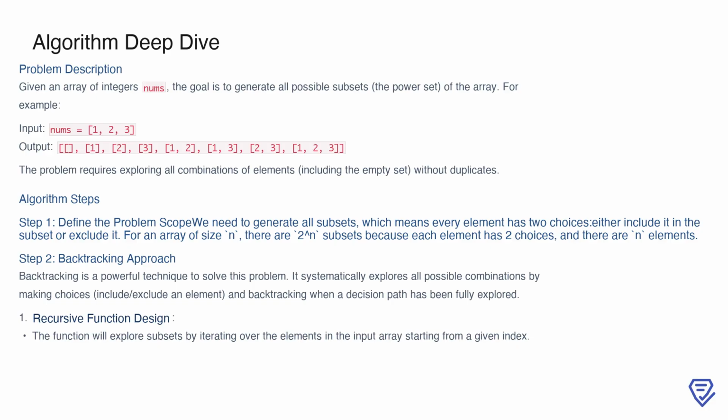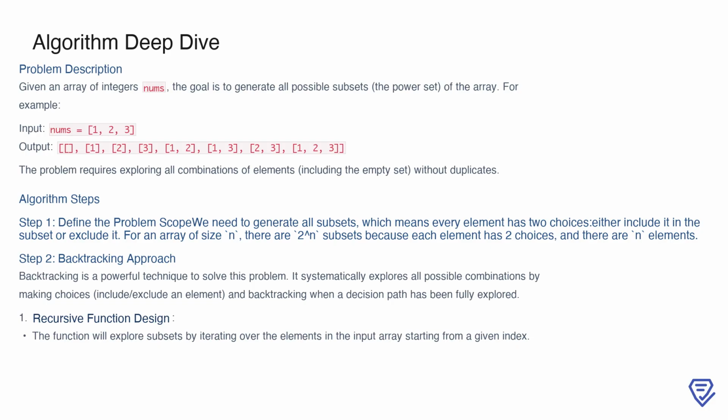To start, we define the problem scope. For an array of size n, there are 2^n subsets because each element has exactly 2 choices: either to be included in a subset or excluded. This makes backtracking an ideal approach, as it systematically explores all possible combinations by making decisions and revisiting them when necessary. The core idea is to design a recursive function that iterates over the array, making inclusion and exclusion decisions